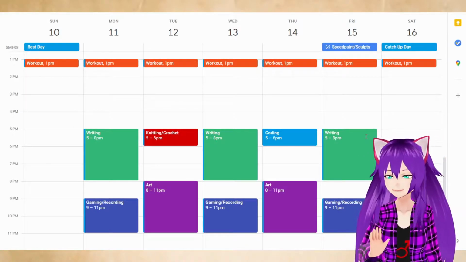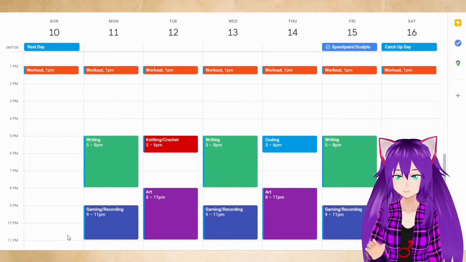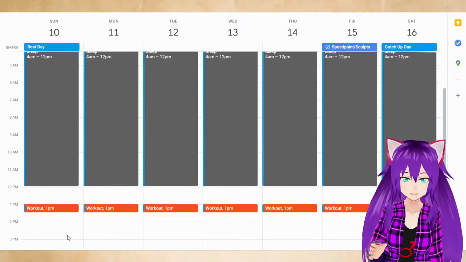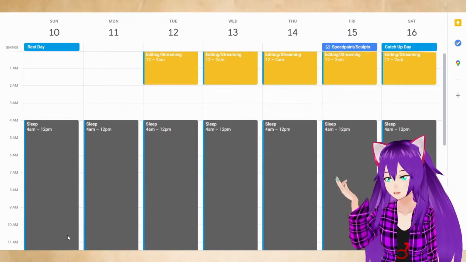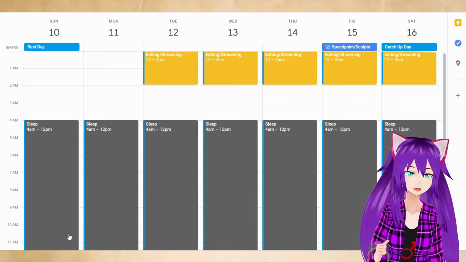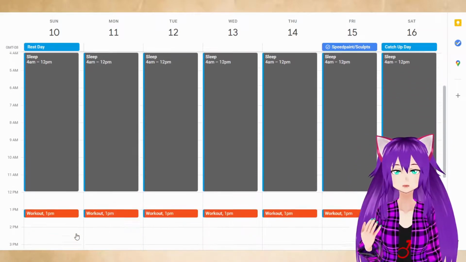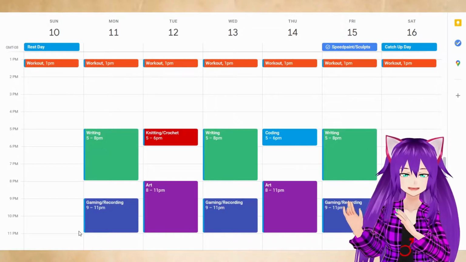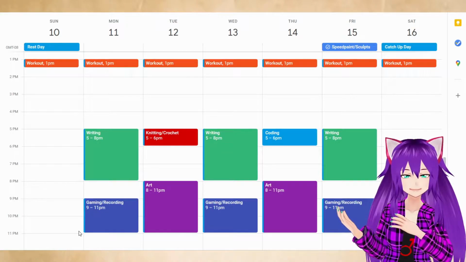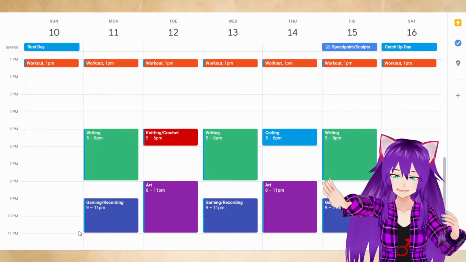But first things first, start with your set schedules. So, the things that are non-negotiable, either by you or outside forces. So, as you can see here, your sleep schedule, your work hours, your meal times, stuff like that. Obviously, I don't have my meal times, unlike my rest hours, set in here, but that's just because I have them written down in